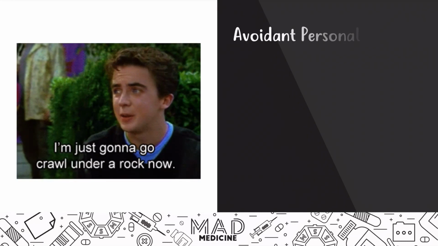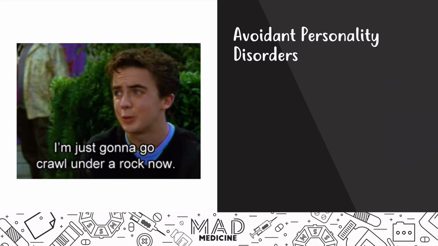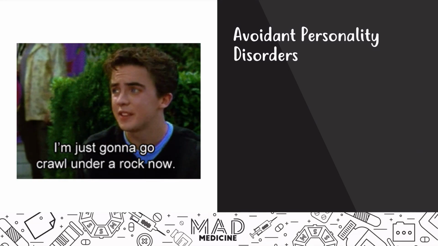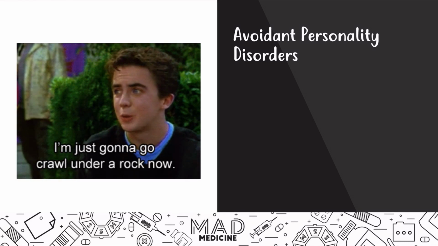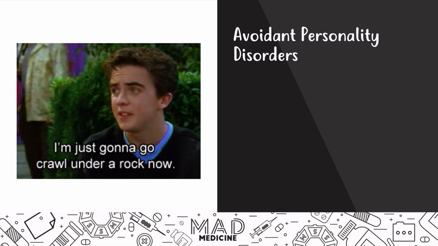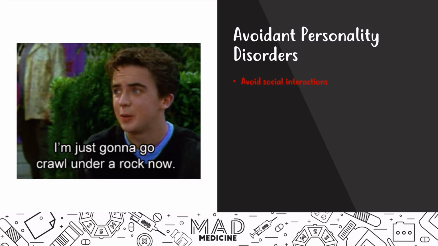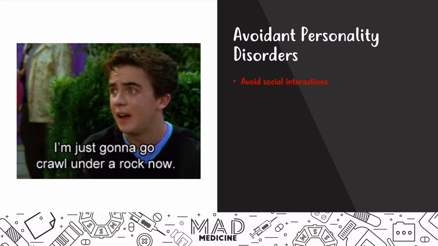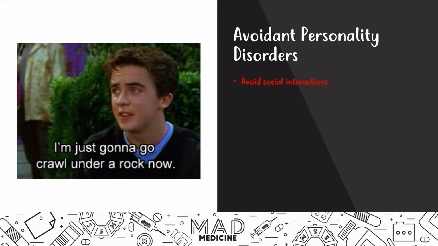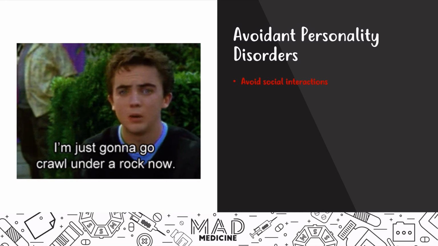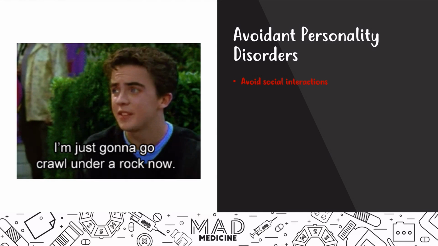What we're going to discuss specifically are the characteristics. For Step 1, you're going to be able to spot someone who has avoidant personality disorder very easily, because these characteristics are very different from a lot of the other personality disorders we've talked about in our previous videos in the cluster A and B categories. So these people avoid social interactions. Now, I know this is very similar to the schizoid personality disorder that we discussed earlier in cluster A, but in fact, this is different because in schizoid personality disorder, those people have a voluntary desire to avoid social interaction.